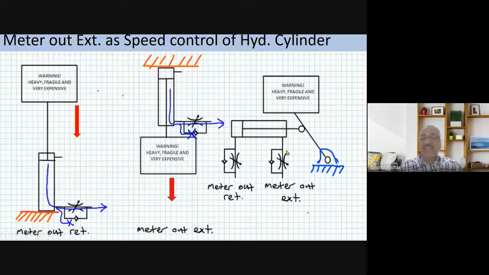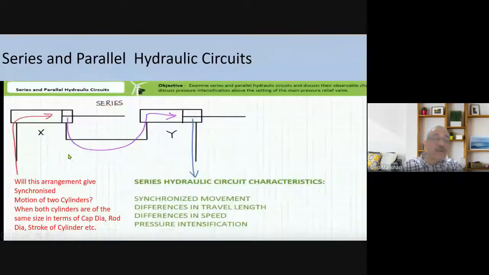Similarly, if there is any situation where the load is pivoted at some point, it is likely to be affected by gravity. It can come down very heavily on the left side or right side. Use meter out extension on both sides. That is the point we want to highlight. This is the condition where the load is connected via a pivot point. It can fall down on the left side as well as the right side in case of any failure. So that should be avoided by meter out extension. That is what this design is showing. So we have seen this.